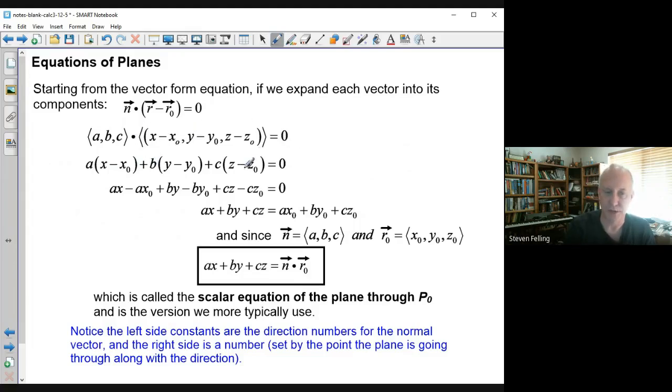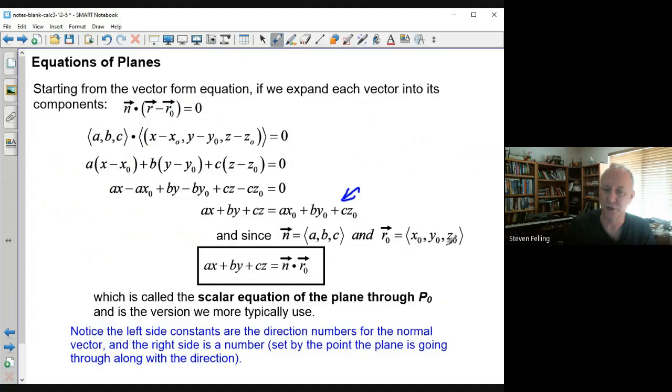And so if you multiply these out, and then you move all the terms that have the x0s to the right side and keep the terms with the generic x, y, z's on the left side, you get this equation: a times x plus b times y plus c times z equals a times x0 plus b times y0 plus c times z0. But this structure right here actually is the dot product of the normal